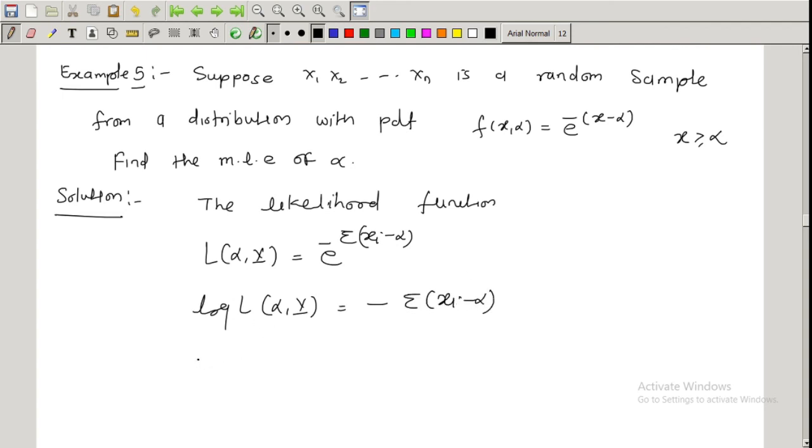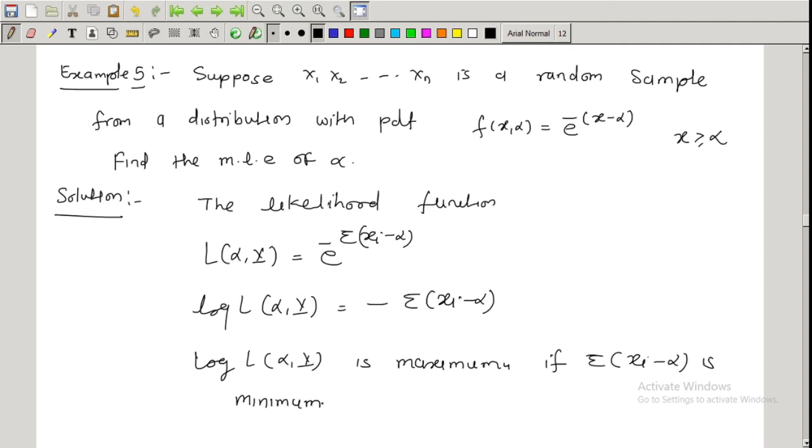So log of L of alpha comma x bar is maximum if summation of xi minus alpha is minimum. Thus alpha should be maximum